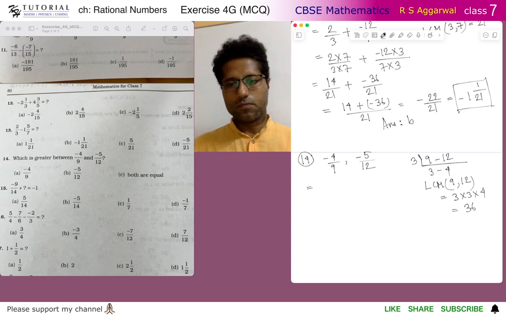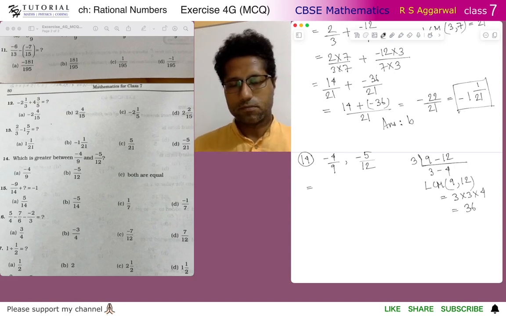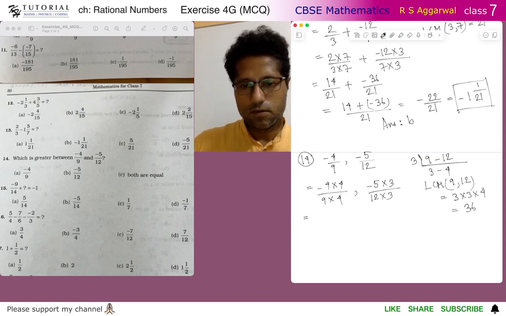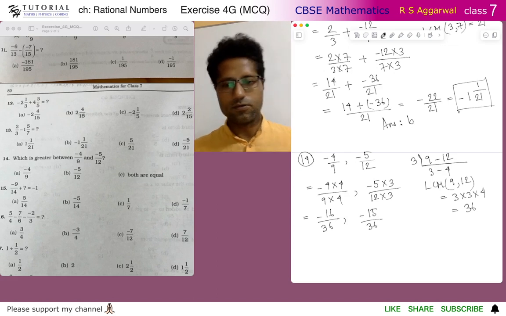Now we convert these two rational numbers so that they have a denominator of 36. So we have to multiply this rational number, both numerator and the denominator, by 4 so that the denominator becomes 36, and this one we have to multiply by 3. So we get this. So we have the rational numbers minus 16 by 36 and minus 15 by 36 and it is asking which